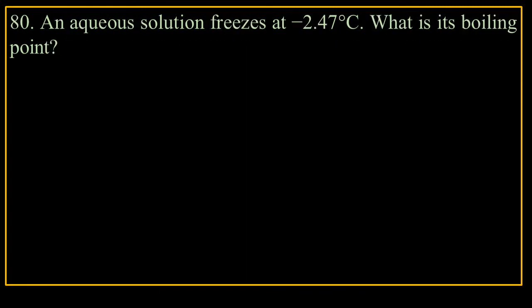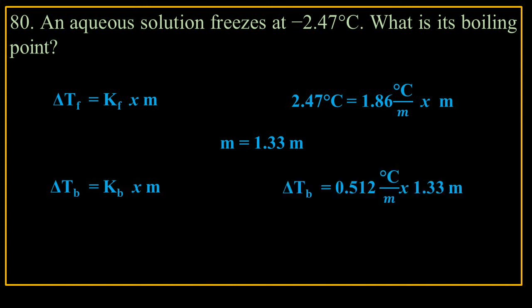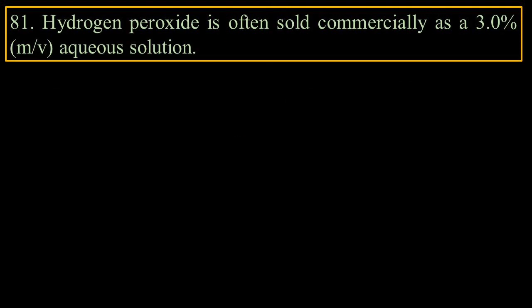An aqueous solution freezes at negative 2.47 degrees Celsius. What is its boiling point? Okay, so there's the freezing point depression equation. We know what the freezing point depression is. That's 2.47. Solve for m. m is 1.33 molal. Put in the equation for boiling point elevation. We plug in the molal. We know what the constant is, 0.512. The boiling point elevation is there, and then it's going to be the new boiling point